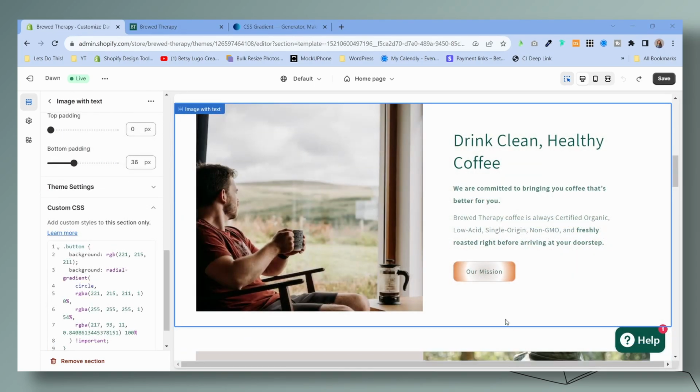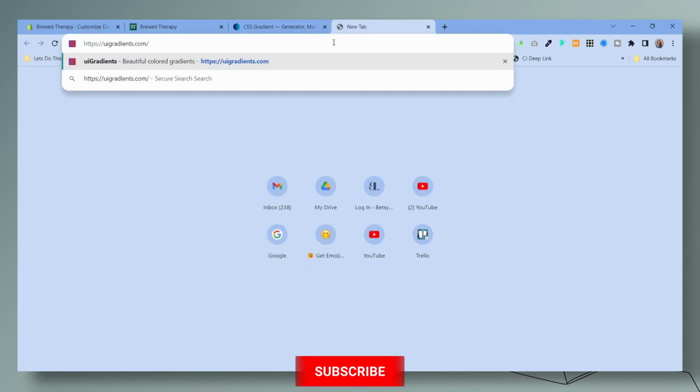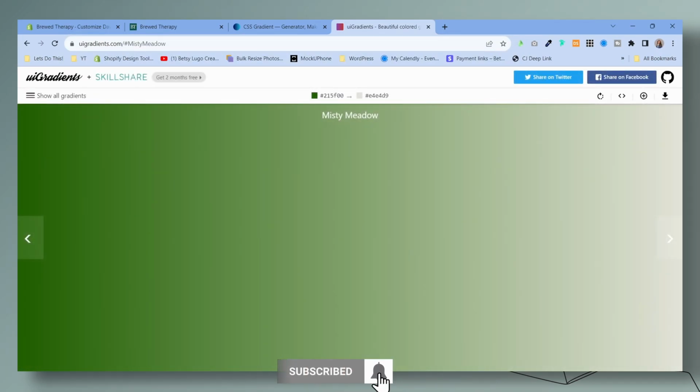Now, suppose that you are brand new, you're not a designer and you're not comfortable creating your own gradient. So of course you want a gradient that's going to be appealing to the eye, right? Otherwise somebody's going to see that button and just leave your website because that's just how it happens, right? So what you can do, another resource for you is uigradients.com. And this website has